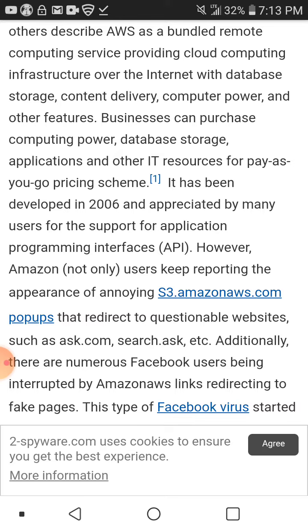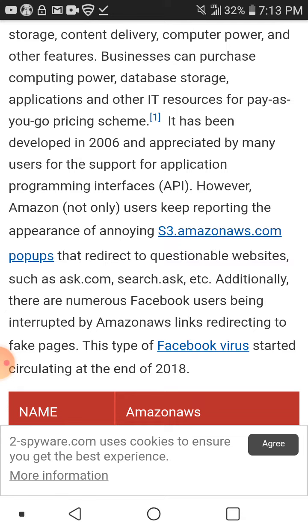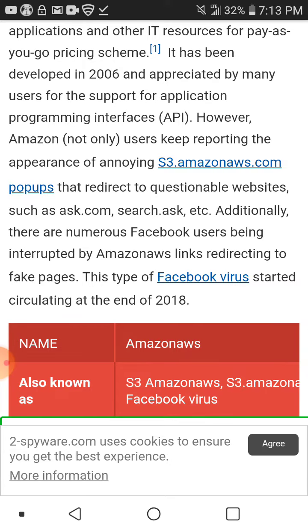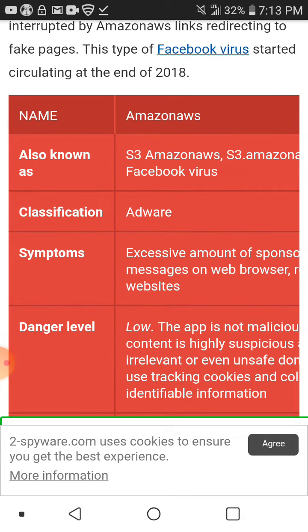Again, that redirect to questionable websites, such as ask.com, search, etc. Additionally, there are numerous Facebook users being interrupted by Amazon's links redirected to fake pages. This type of Facebook virus, which is why I don't use Facebook on my phone, started circulating at the end of 2018. Name: Amazonas, also known as S3 Amazonas,